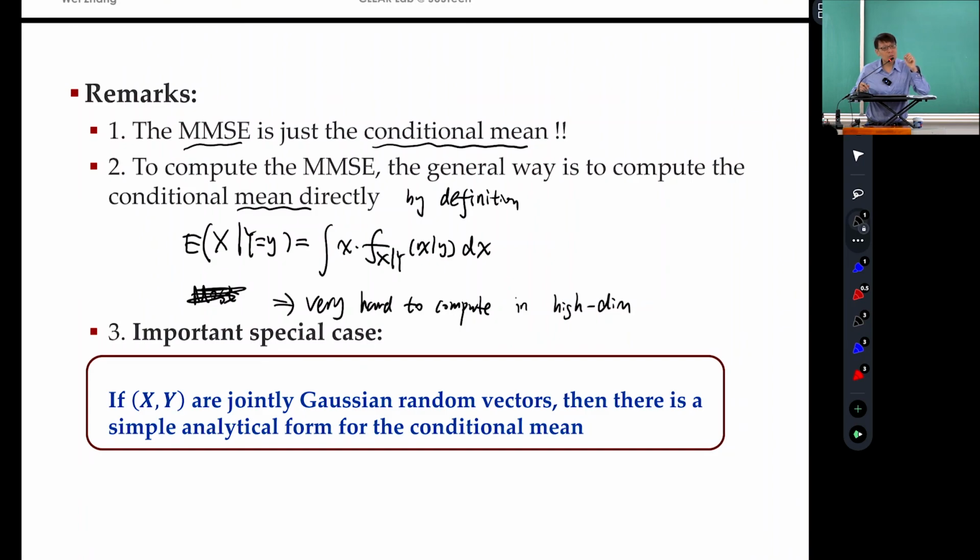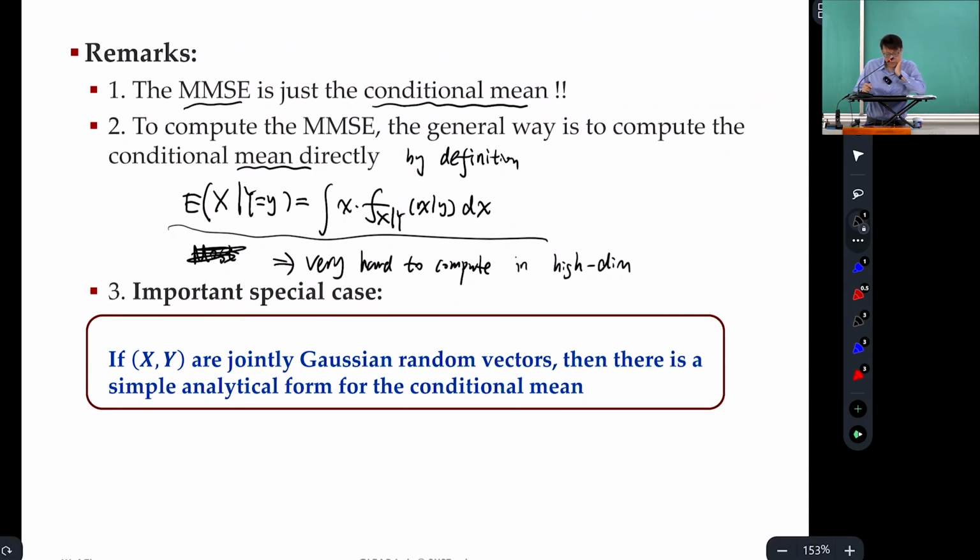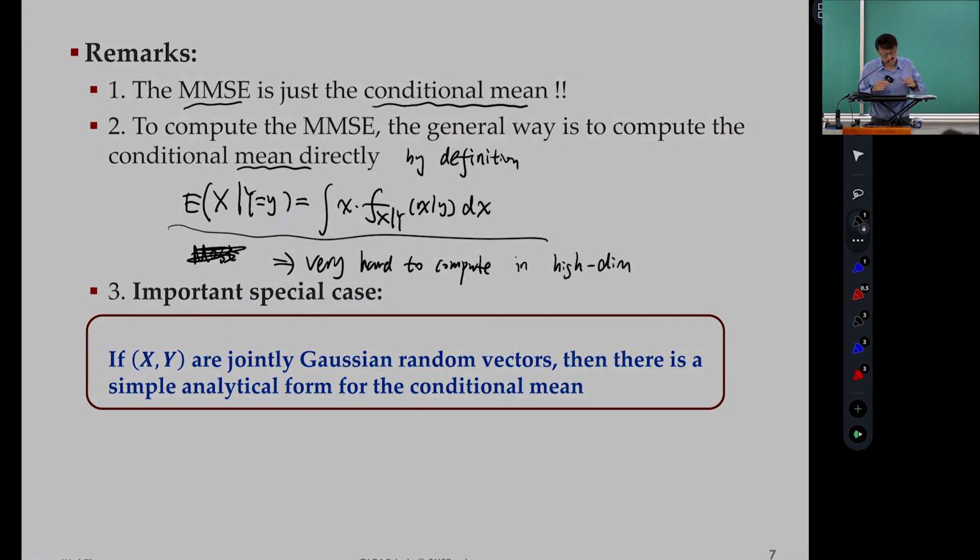So essentially, the Kalman filter is nothing but trying to find a clever way to compute this. You first need to understand what it is trying to prove or compute. Some parts are conceptual results, and some parts are technique, right? There are some tricks. So the essential part of the Kalman filter is that they're trying to find a smart way to compute this. Okay, let's take a break, and we will resume next.